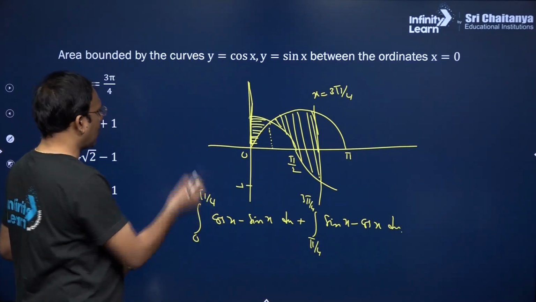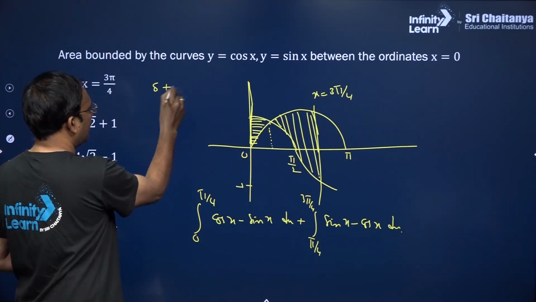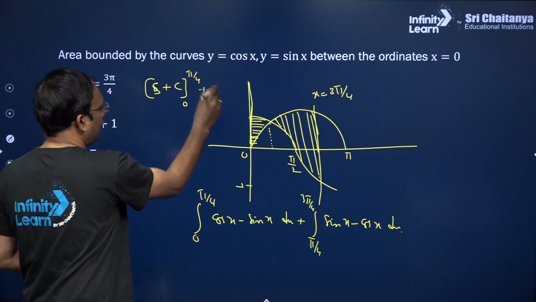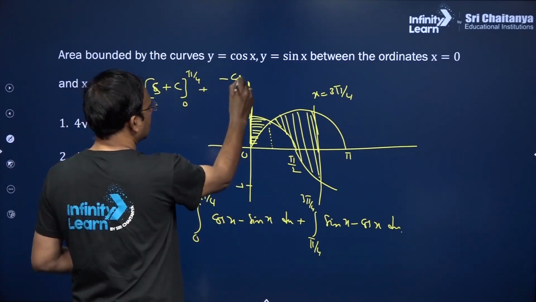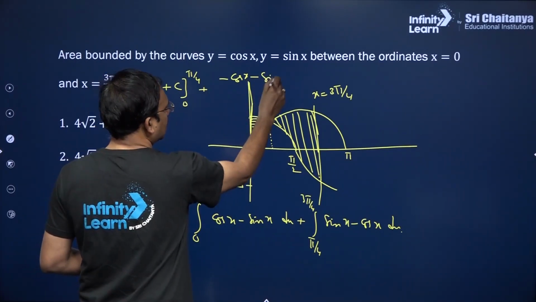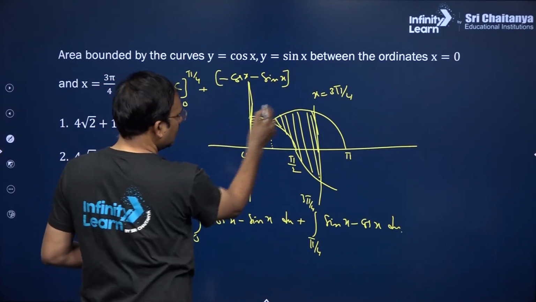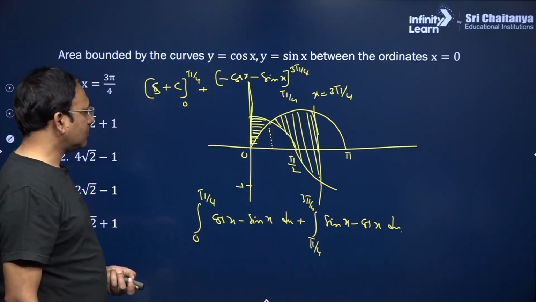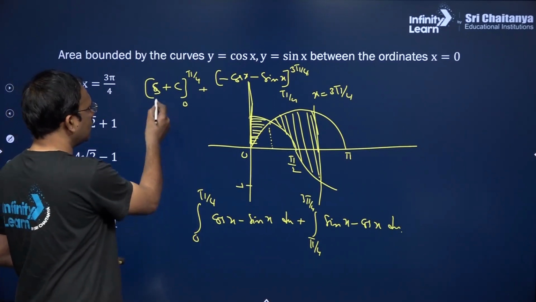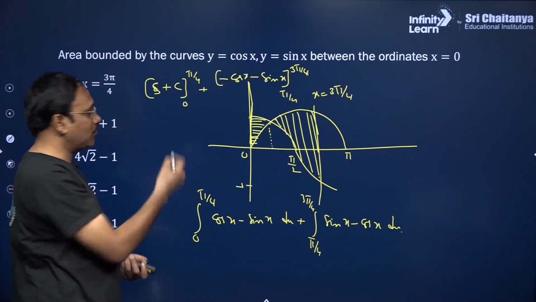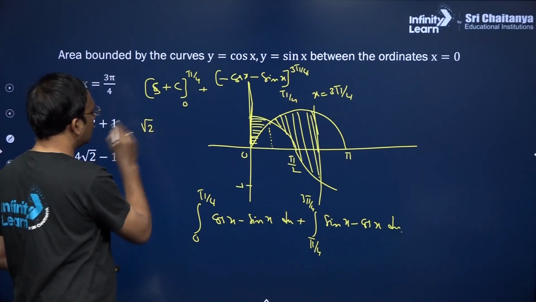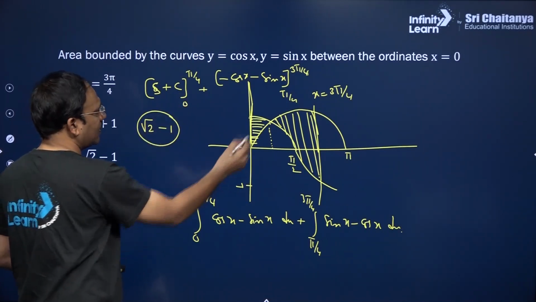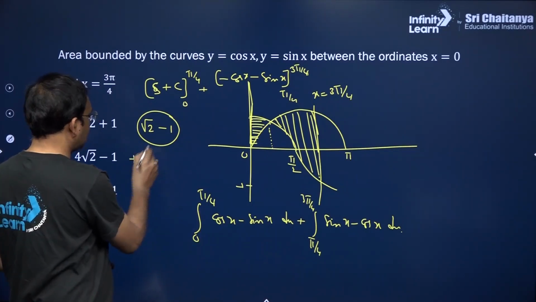Shall I do it? Integral of cos x is sin x, plus cos x, let me write, between the limits 0 to pi by 4, plus sin x integral is minus cos x, minus cos x integral is sin x, between the limits pi by 4 to 3 pi by 4, my dear friends, right. So here what we are going to do is, you just substitute pi by 4: 1 by root 2 plus 1 by root 2, 2 by root 2 means you will get root 2, minus, when you put 0, sin is 0, cos is 1, so root 2 minus 1 is this area, my dear friends,